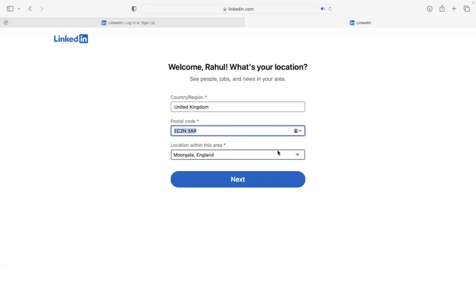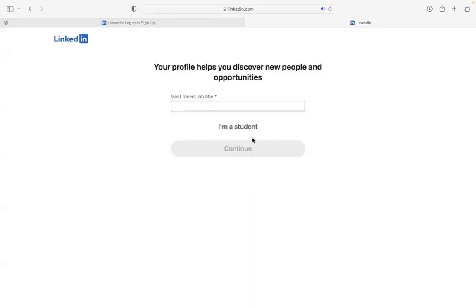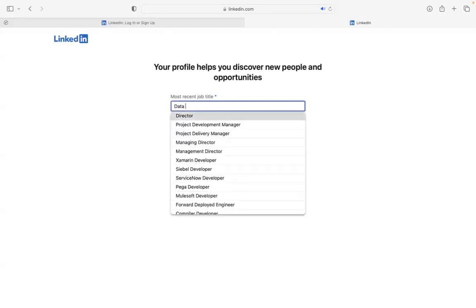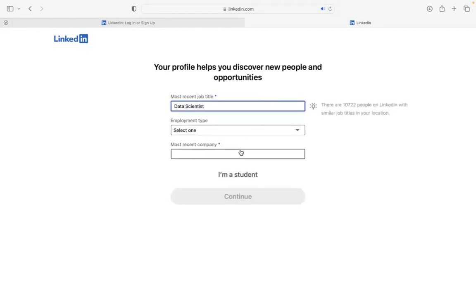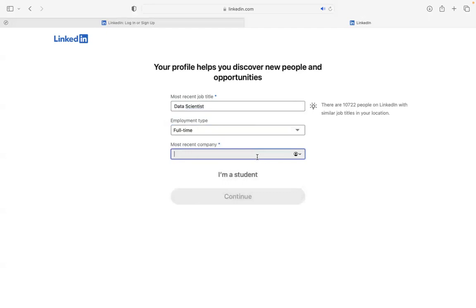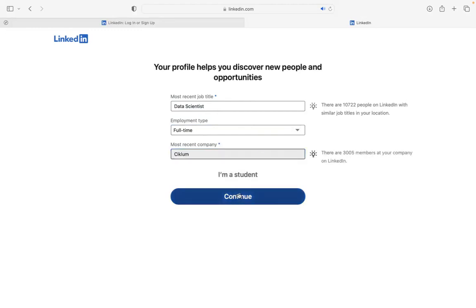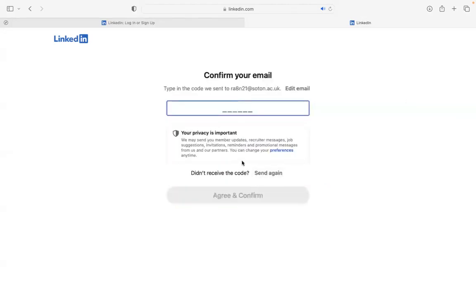Just put your postcode. This is not the correct postcode, but yeah. Again, just put your postcode, your region, and click on next. And if you want any job title that you want to put, and your employment type, and most recent company. Okay, and continue. And if you're a student, you just have to click I am a student, and then you will get